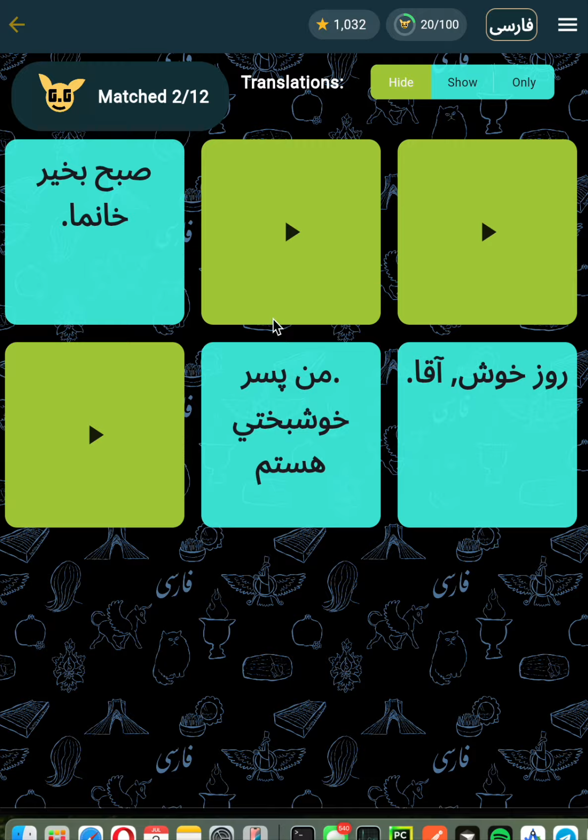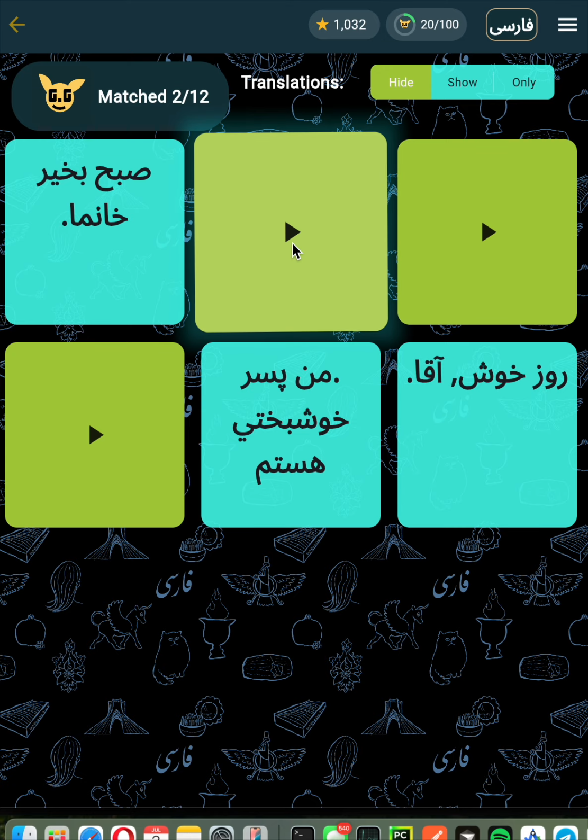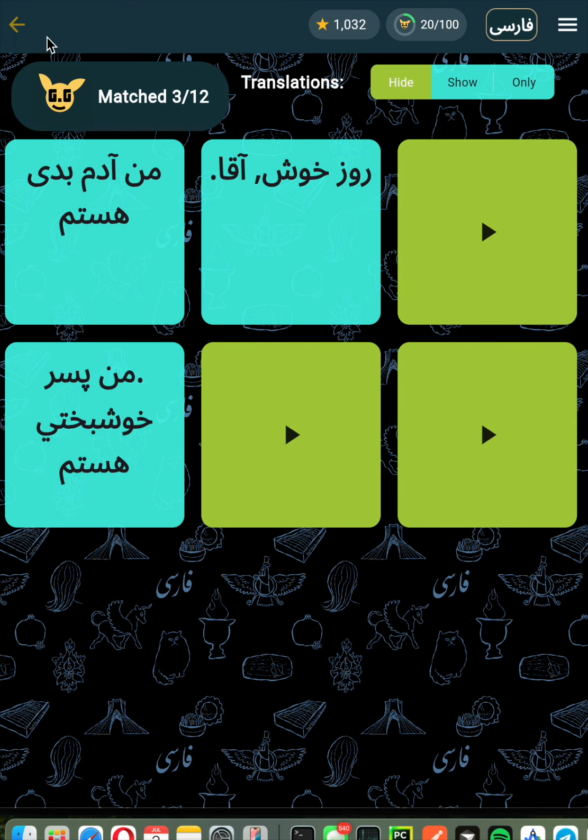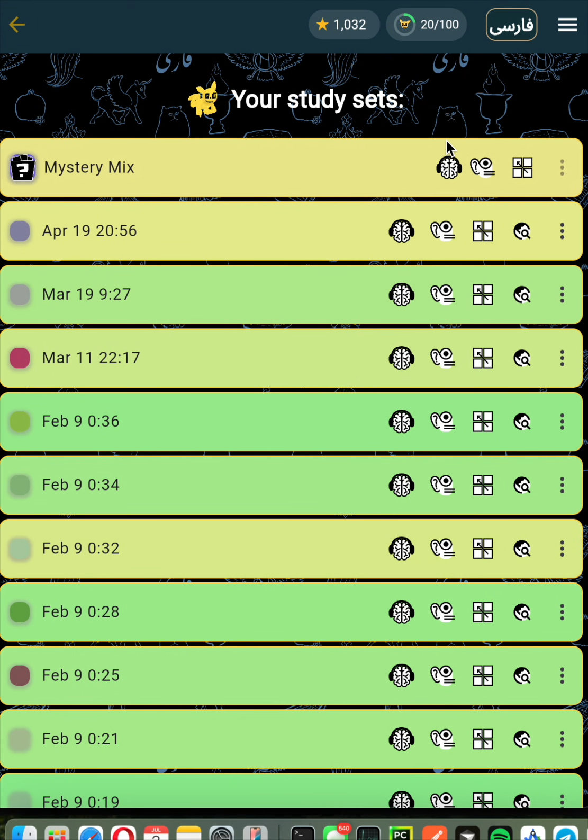Actually, learning how to read without the translations is good for people who are maybe heritage speakers, so they already have some basis in the language, but they don't know how to read. Hiding the translations is good for them, so that they don't have to cheat because they actually would know. صبح بخیر خانما. Yeah. Okay. Anyway, I hope you enjoy. There's a lot more